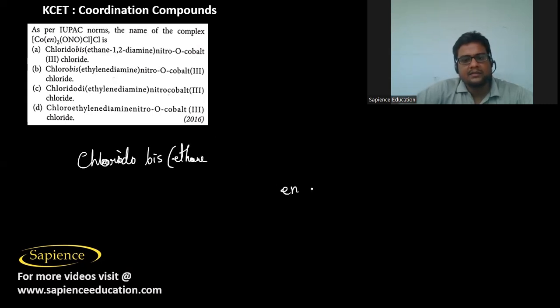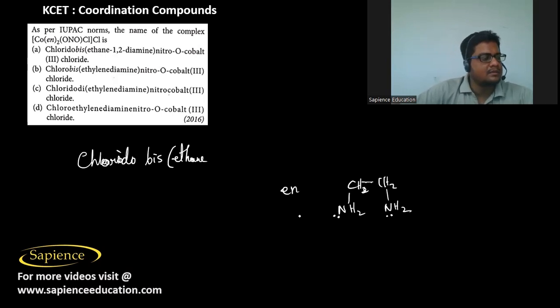Why is this En called ethane 1,2 diamine? It is CH2NH2 CH2NH2. So it is a bidentate ligand. So it is ethane 1,2 diamine,